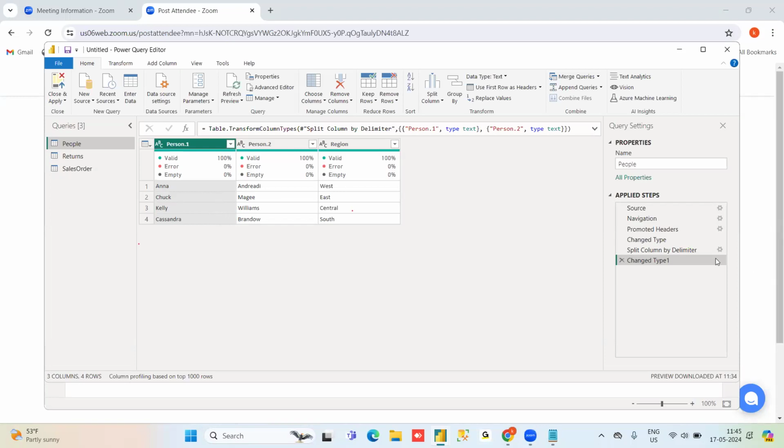Whatever I have done here, it is making a note. First I promoted headers, and after that I did split column. If I don't want it, I can cancel these steps. It will record all your steps.